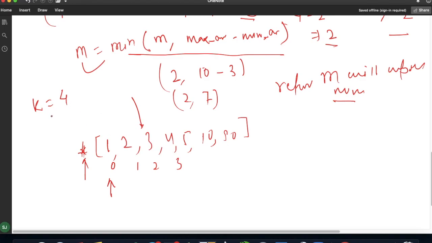minus 2, such that after entering the iteration phase I will simply update i equal to i plus 1, so that i will move to its correct position, and j equal to j plus 1, so j will be at its correct position. So you will get here. Let me write